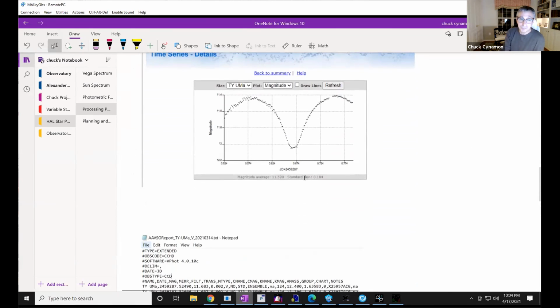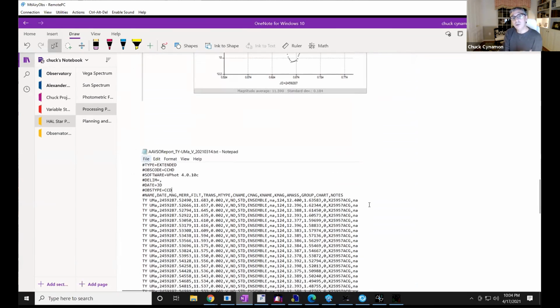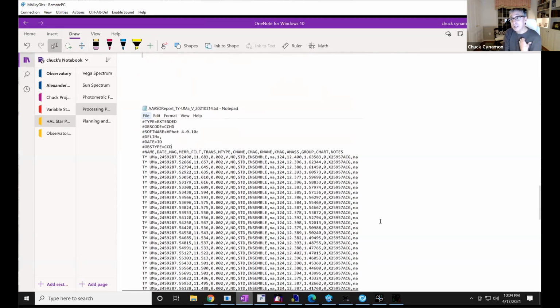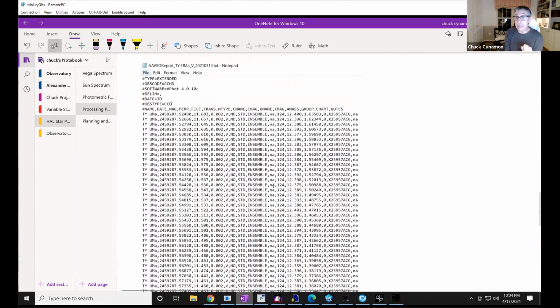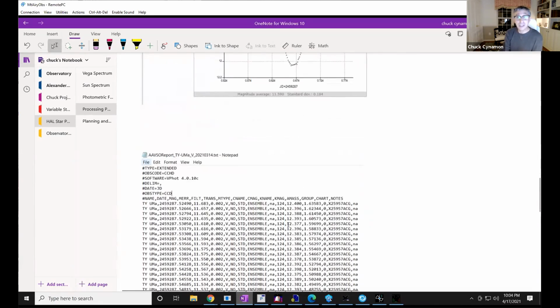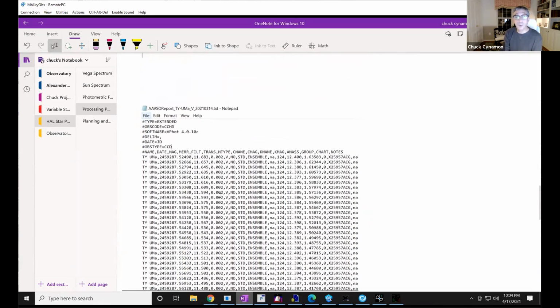So one of the things that we do as amateurs, in being helpful to other amateurs and to the professional community, and this is automatically generated just by hitting a button from this image, is to create this report, which gives the name of the star, the time in Julian date, and all the information about which filter you used, which comparisons.